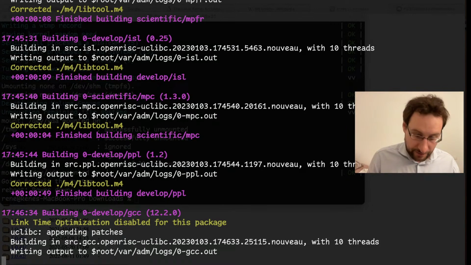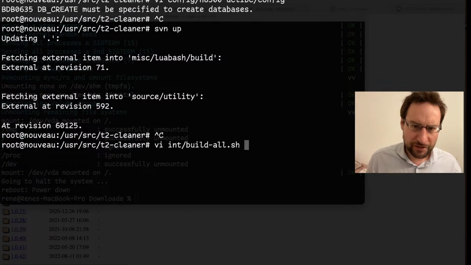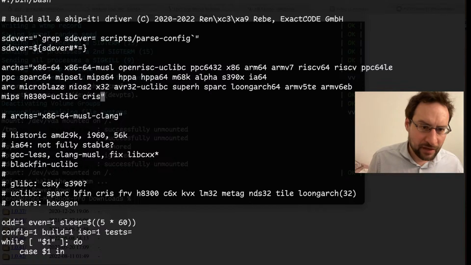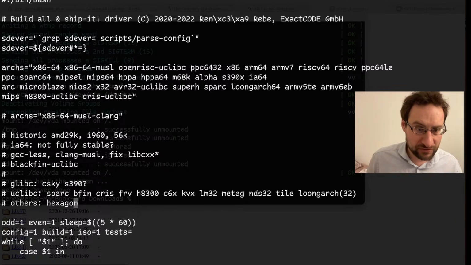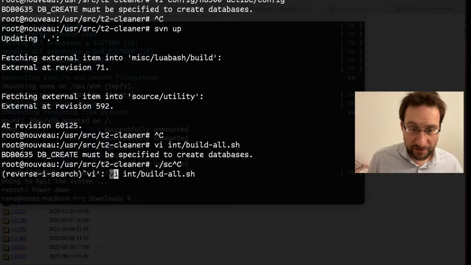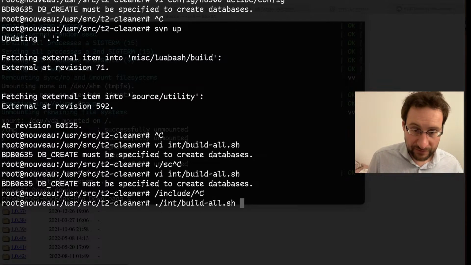I wonder theoretically, I just increased it to 32 now. I'm already wondering, because CRIS was... do we have CRIS here? Oh no, we don't have CRIS here. CRIS should be long supported though. uclibc, I think it's also removed from the Linux kernel. CRIS, let's maybe, I mean, it would make it 33, but maybe it's not bad to have a backup in case some stuff starts to fail.